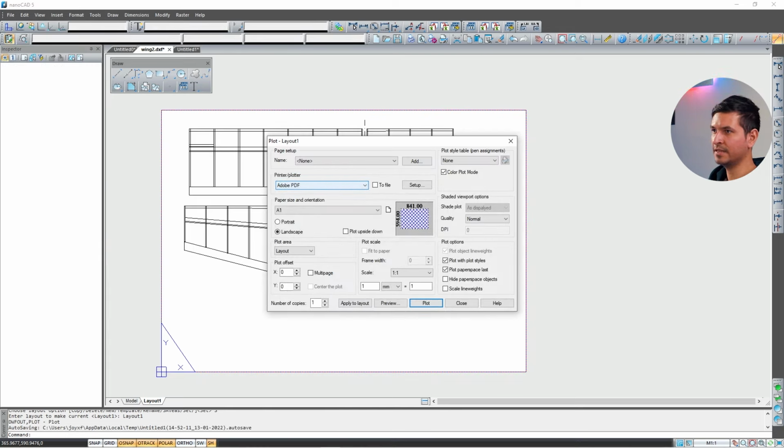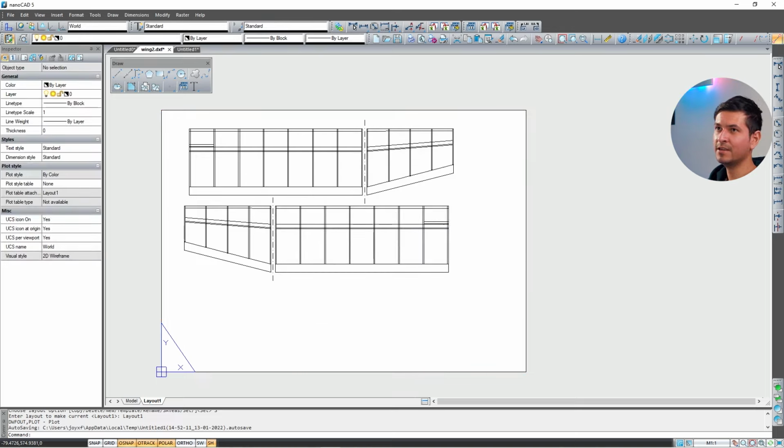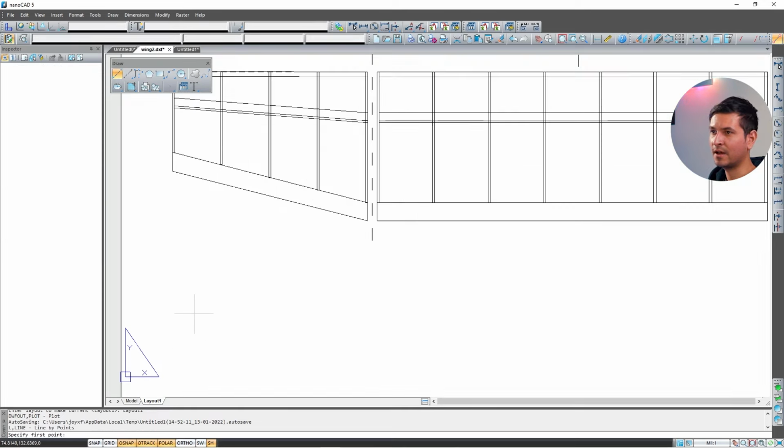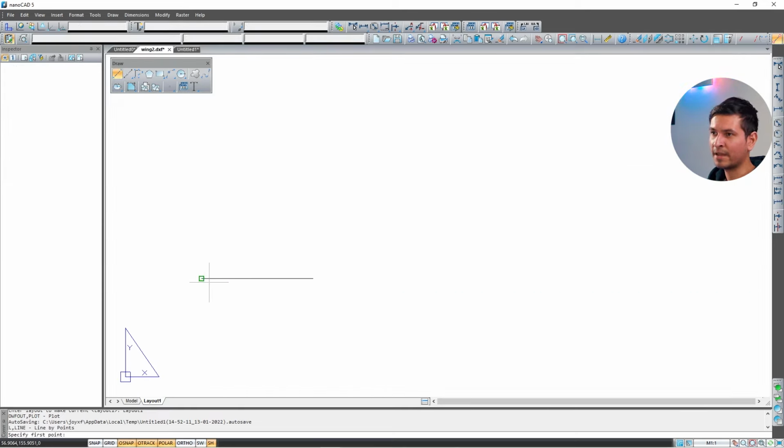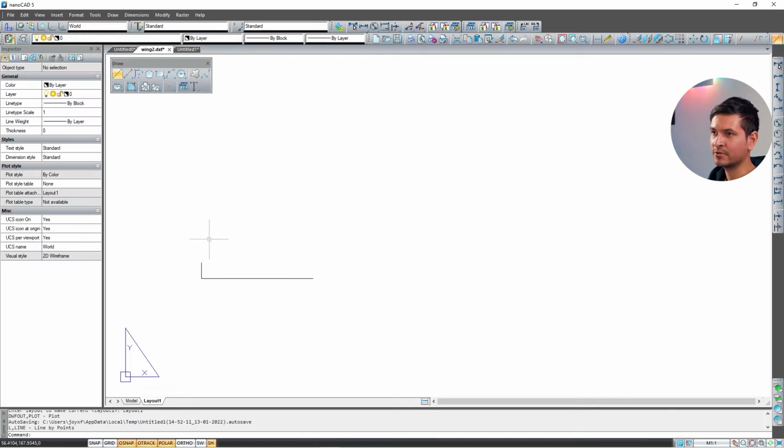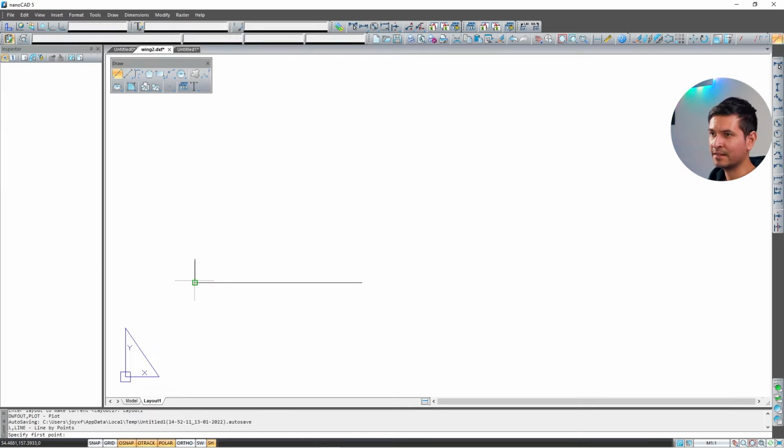and here you select what format you want. Remember and keep an eye on this, scale 1 to 1, to have everything in the correct size. And maybe you should also draw a line here that measures 5 millimeters or whatever. So that way you know that the scale is right. You can have that as a reference. So if I put here 5, and then another 5 millimeters from here,